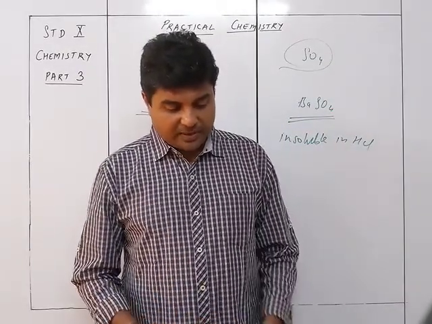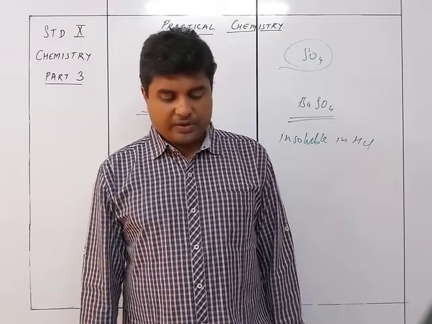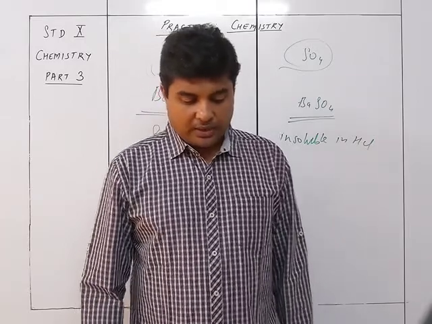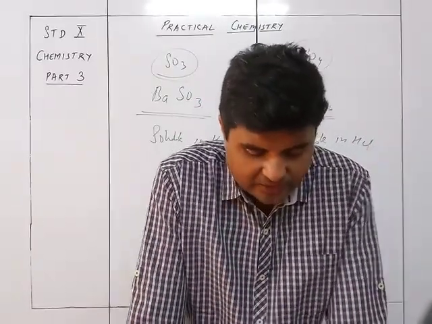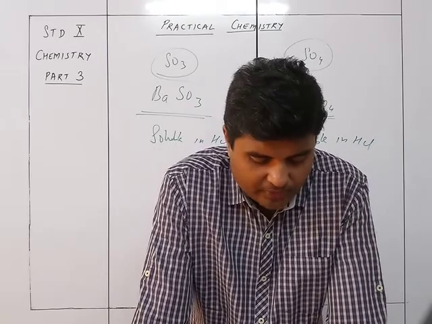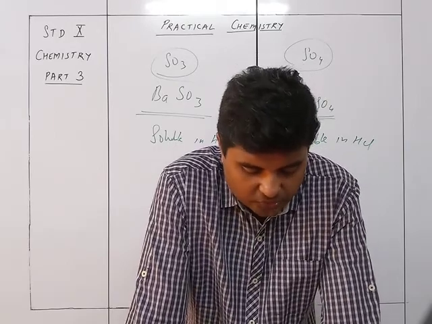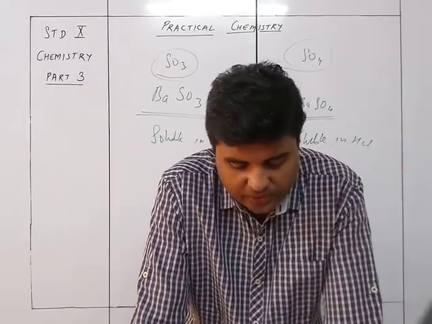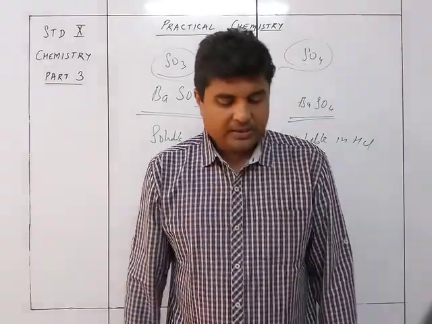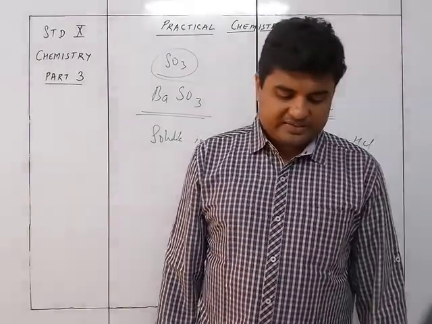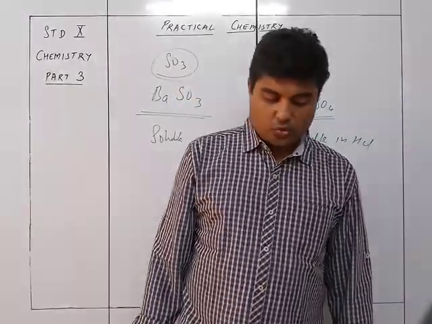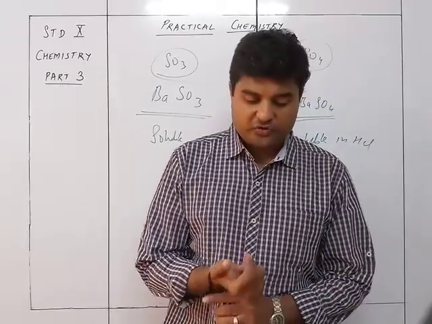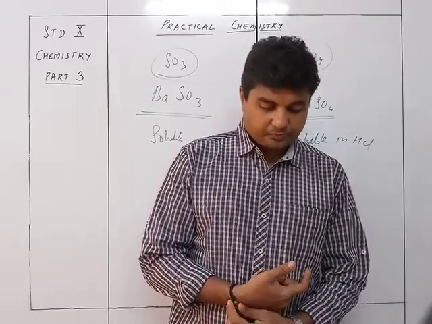Now relevant laboratory work may be done for the following. So they have given some laboratory work: sodium bicarbonate on heating with HCl will give you NaCl plus H2O plus CO2. Calcium carbonate will give you again CaCl2 plus H2O plus CO2. Sodium carbonate will be NaCl plus H2O plus CO2. Calcium carbonate with nitric acid will give you Ca(NO3)2 plus H2O plus CO2. Sodium sulfide with HCl will give you NaCl plus H2O plus SO2. And iron sulfide, FeS plus H2SO4, will give you FeSO4 plus H2S.